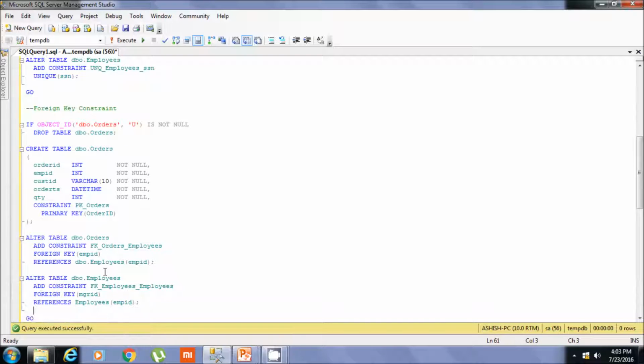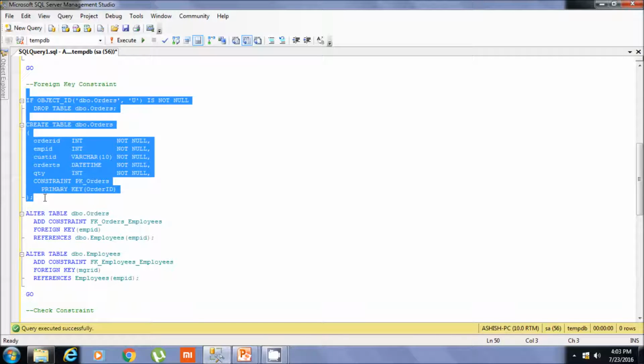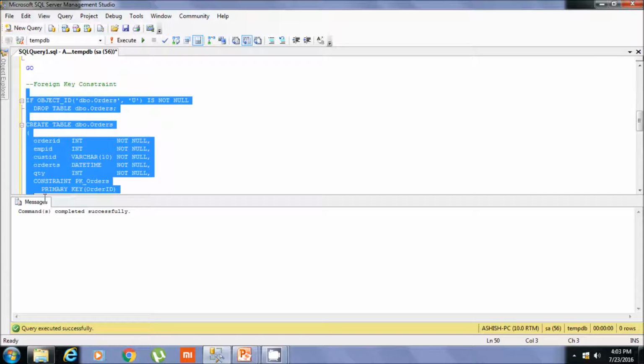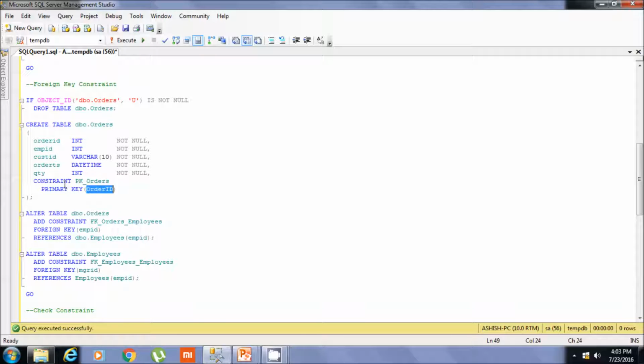Next example will be of foreign key constraint. For this we first create the orders table. In the orders table we created a primary key index on the order ID column at the time of defining the table, and it also has an employee ID column.